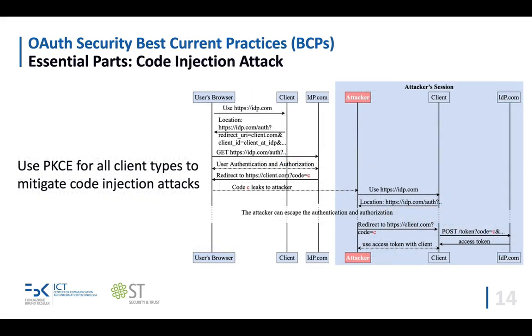The second one, which is one of the most important things, is to use PKCE for all client types in order to mitigate the code injection attack. So let's see what this attack is and how PKCE can avoid it. Consider that the authorization code leaks to the attacker somehow through, let's say, the referer header. What an attacker does in his session is simply start the regular OAuth flow, and after he performs the authentication and authorization, and actually he can skip this part as well,